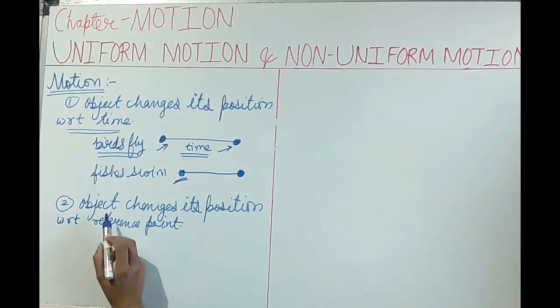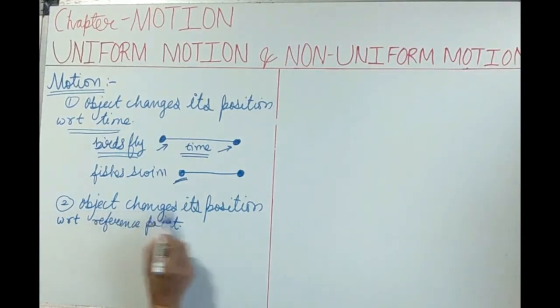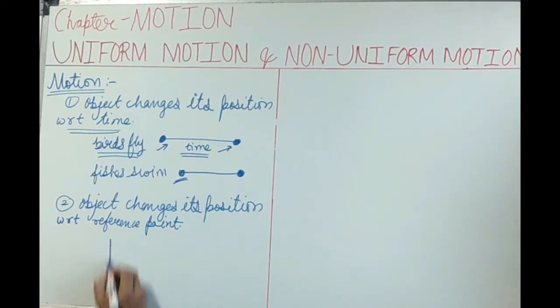The second definition of motion says motion occurs when an object changes its position with respect to a reference point. What is this reference point? For example, this is the origin point O. This is also known as the reference point. An object travels in the east direction and covers 5 kilometers. We will say that the object has moved from O in the east direction covering 5 kilometers. And so the position has changed and we say motion has occurred.